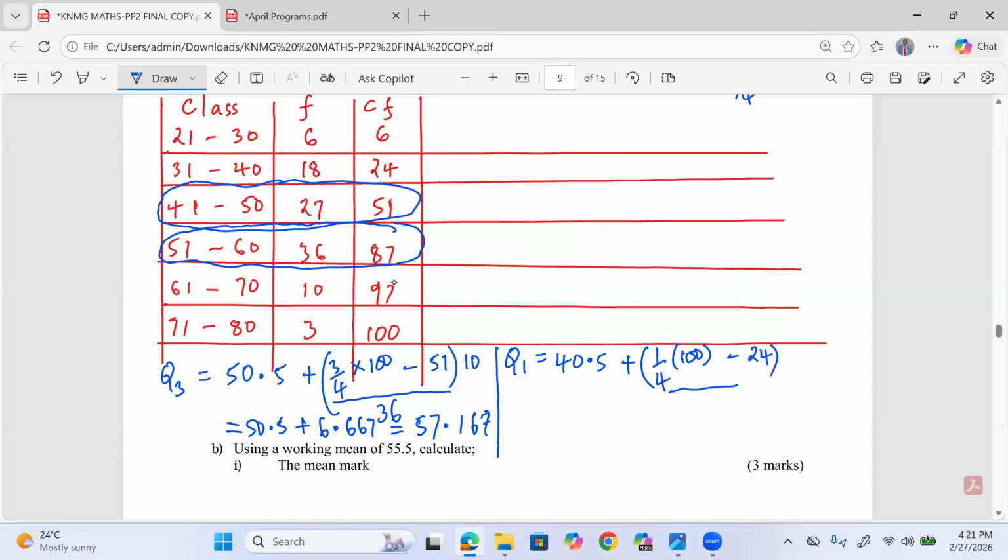Then we divide by frequency of this class, which is 27, and we multiply by width of the class. This is 40.5 plus, a quarter of 100 is 25, and we minus 24, which is just 1. 1 times 10 over 27 gives us